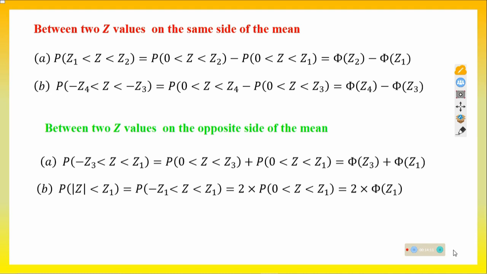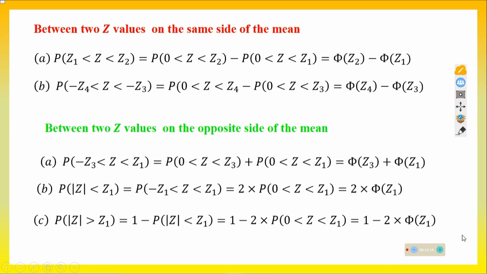Then lastly, if you are having the probability of the magnitude of z greater than z1, we shall first of all create the less sign. If it is z greater than, and this is the magnitude, you must treat it as 1 minus the probability of the magnitude of z less than z1. You are looking for the probability of the magnitude of z greater than z1, so it can be written as this,